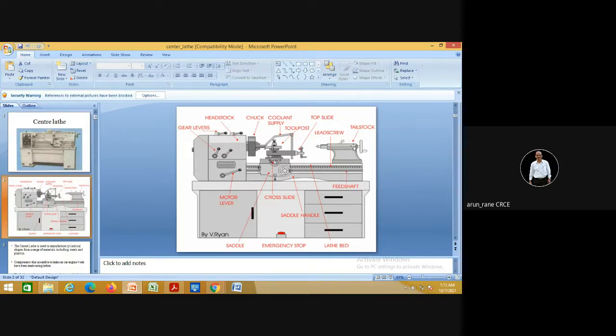Now this tailstock body can be moved along these guideways, and it is clamped at a particular place, and then this quill can be moved in and out. This in and out movement is required for drilling purpose. As I told, in a lathe machine you can do drilling, tapping, shaping, milling, broaching, grinding, all operations you can do. So a center drill can be fixed inside this tailstock and it can be moved in and out. So there are two motions here.